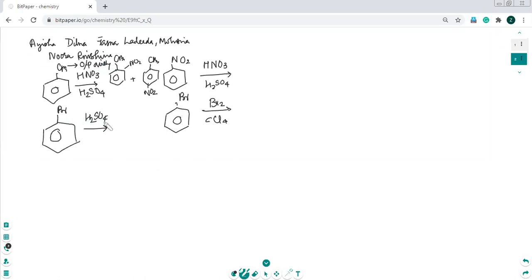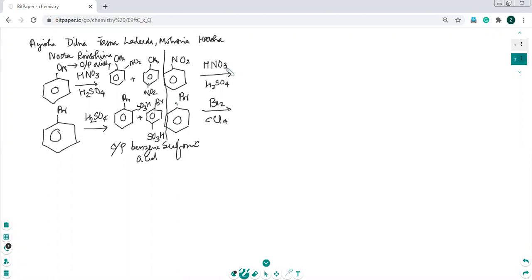Look at this molecule. Bromobenzene is sulfonated. Again, you get the same type of substitution. Bromine here, SO3H. That is the group which is introduced on sulfonation. You can have bromine here and SO3H here. So this is called ortho-bromo benzene sulfonic acid, ortho and para benzene sulfonic acid. Okay, so that is the